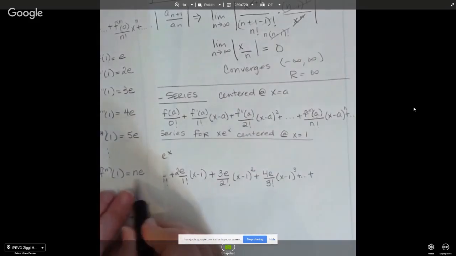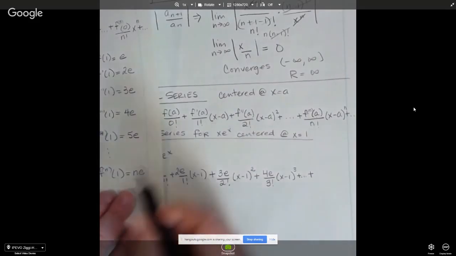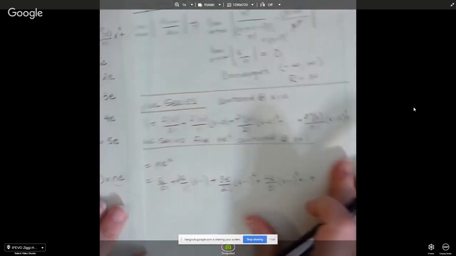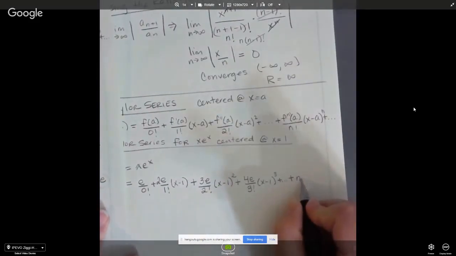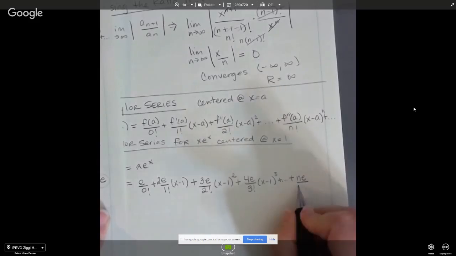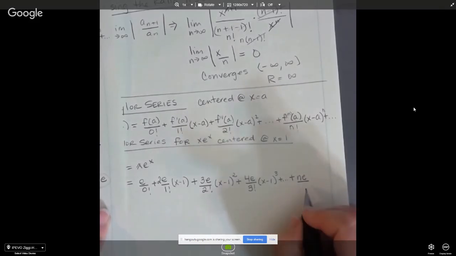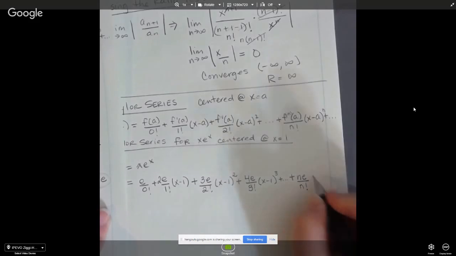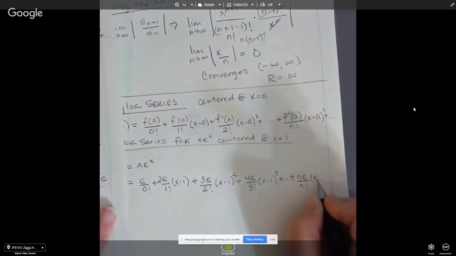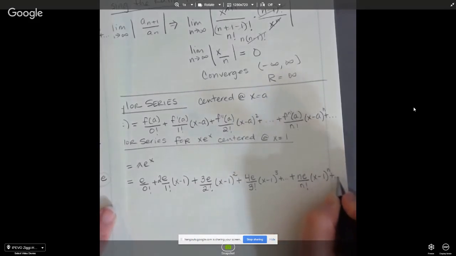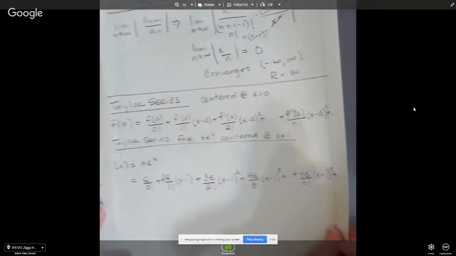This one? Because we used, right? Yes. So it's n over n factorial, e over n factorial times x minus 1 to the n. Yeah. Plus... Very nice. Now,